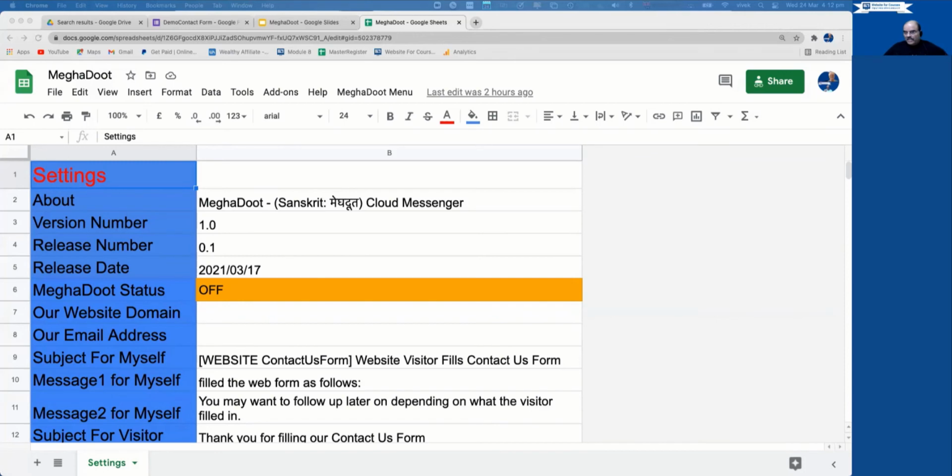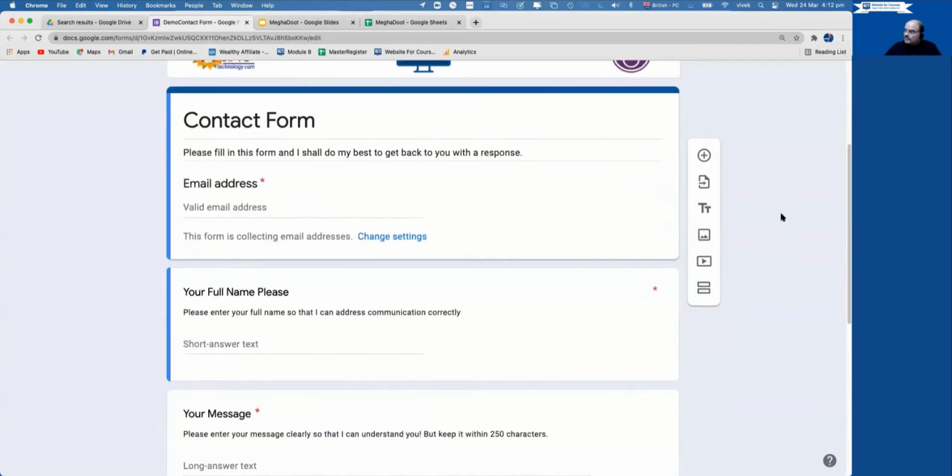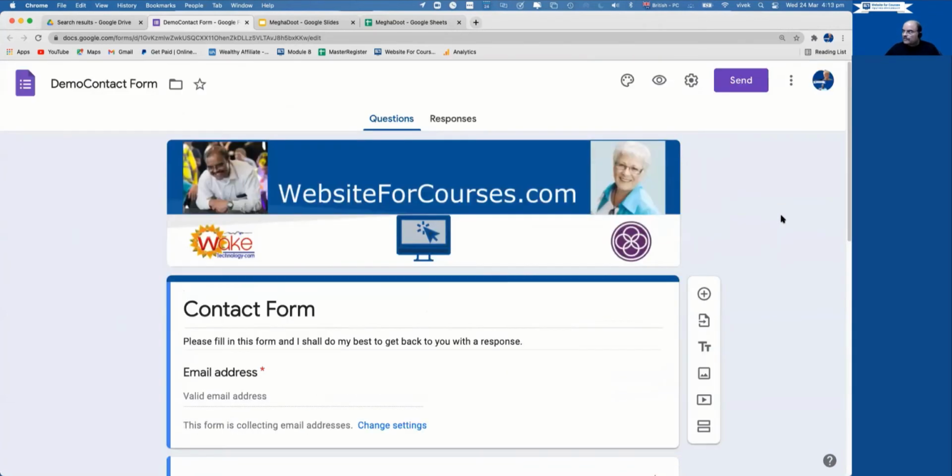Now, go back to the Google form that you created as if you're going to edit it. This is the form I created earlier. I am in a situation where I can edit it if I want to.